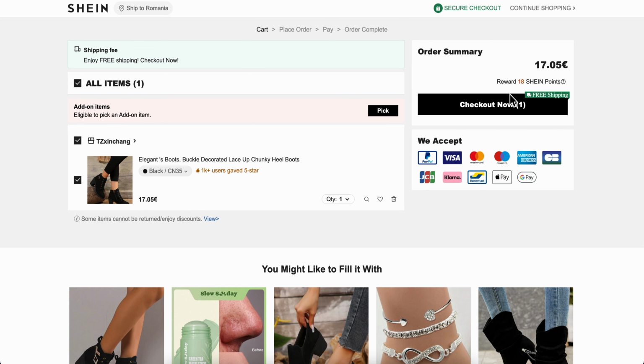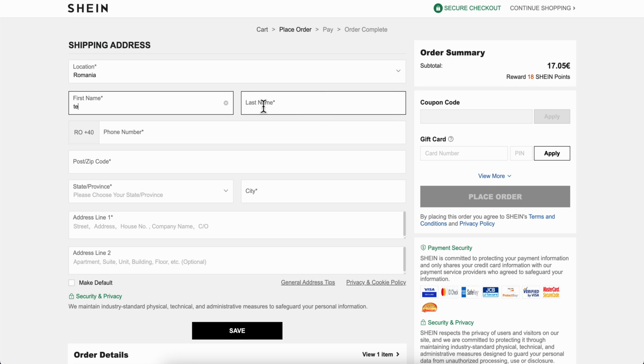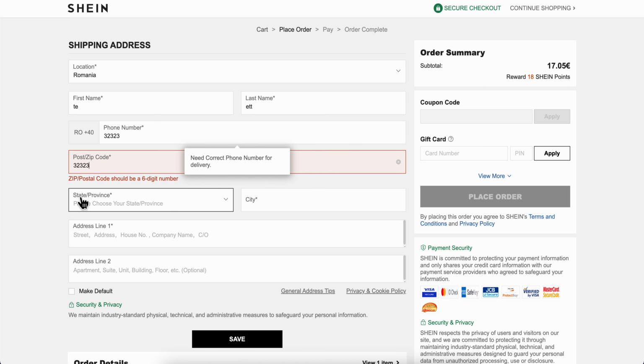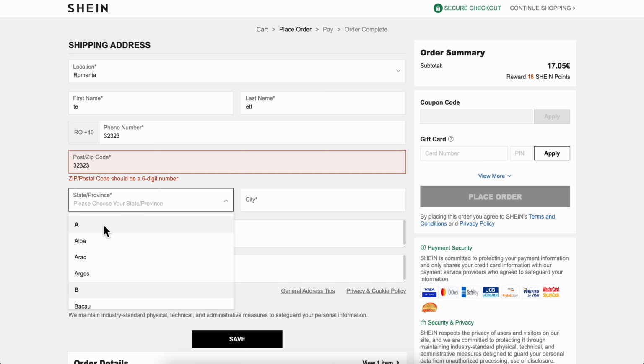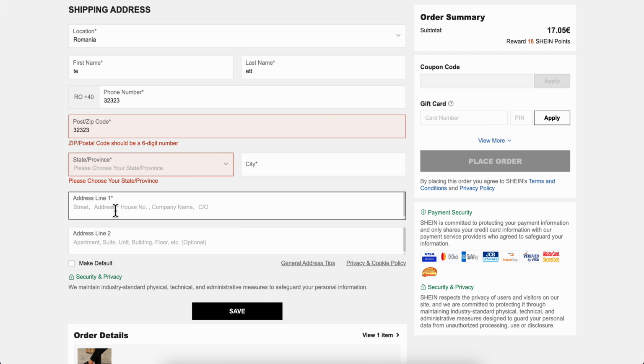simply click on the checkout now button, and then what you're gonna have to do next is simply enter your shipping address. So you're gonna have to enter your first and last name, then your phone number, and then your zip code here, as you can see. Then simply choose the state, then the city, and here at the bottom your address, and then simply click on